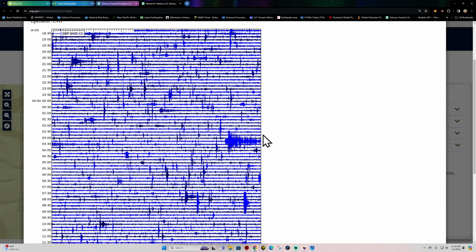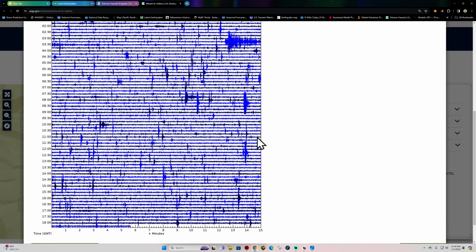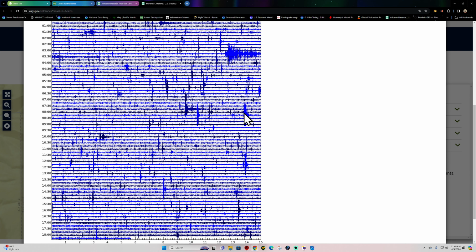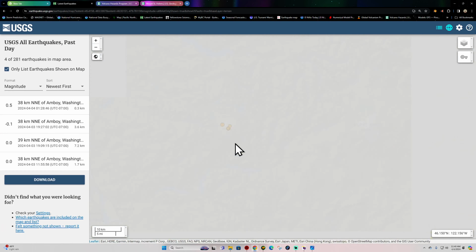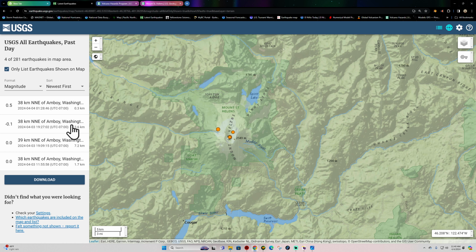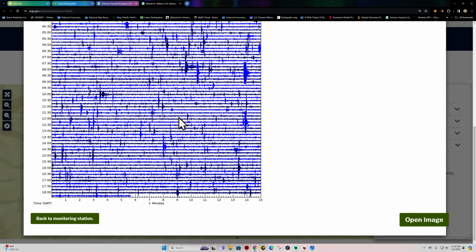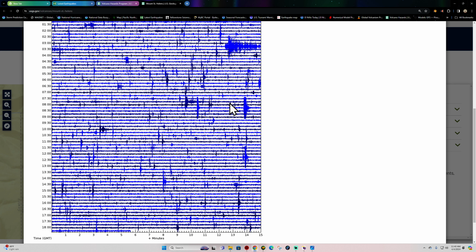Here is the earthquake map here, seismograph station, showing a couple of these earthquakes here that they mentioned. It's going to be these little spikes, and remember, those are awfully small. They're reporting those as, let's see what the largest magnitude is here, 0.5. That was about 1 o'clock this morning my time. So as you can see, there is not a whole lot of large-scale activity. Otherwise, we'd be seeing larger signatures here.